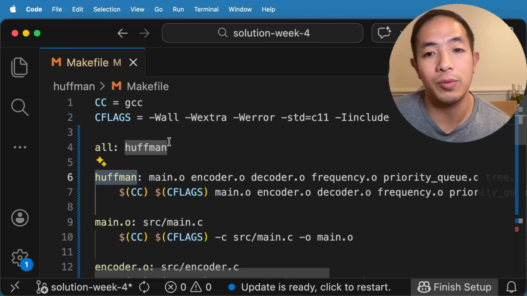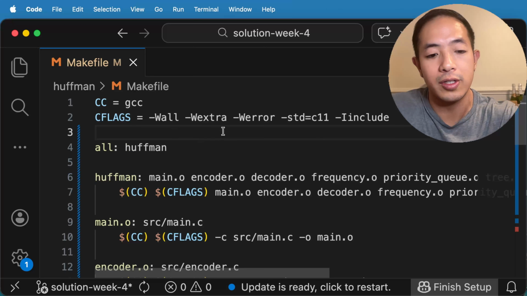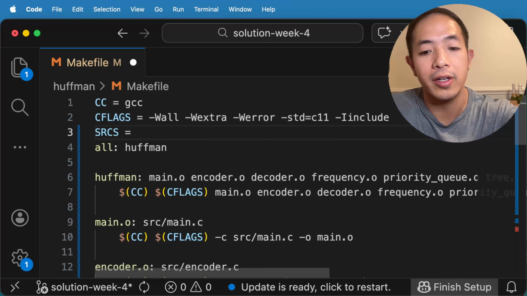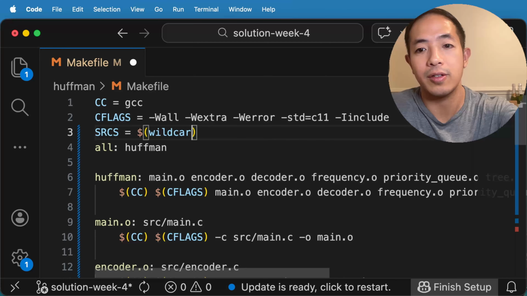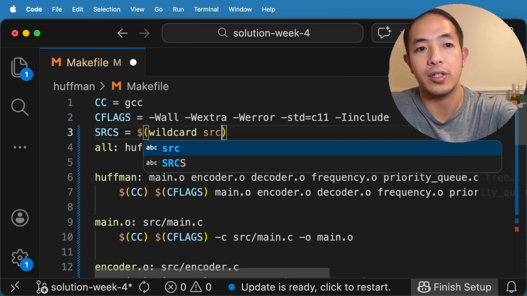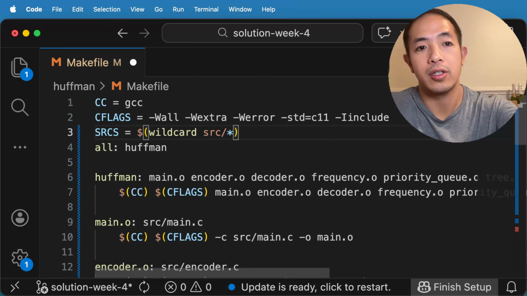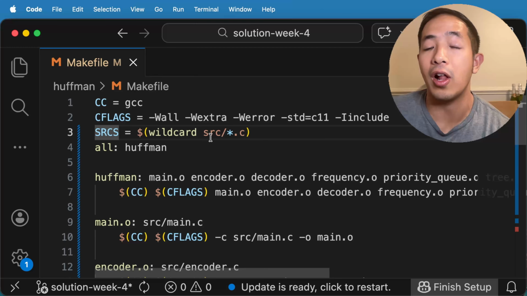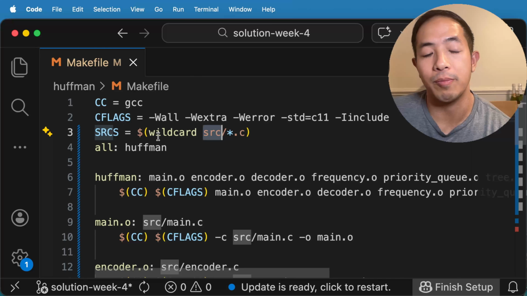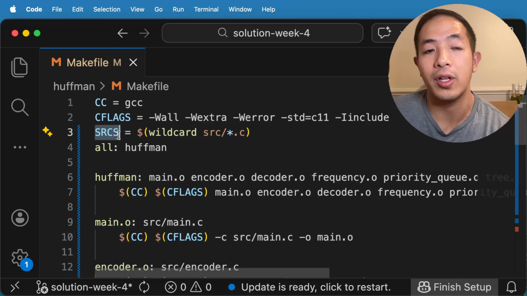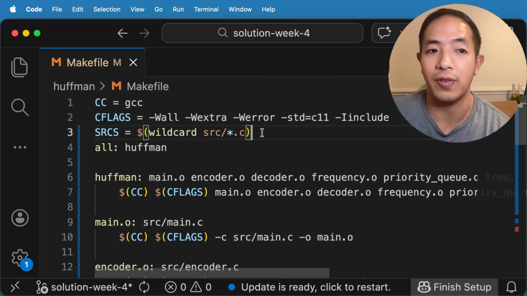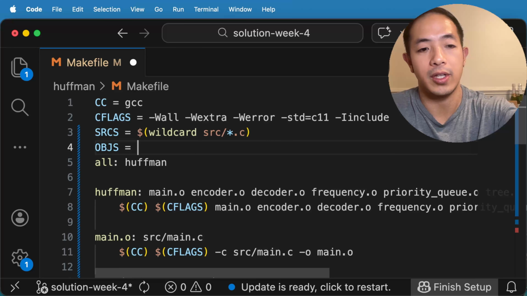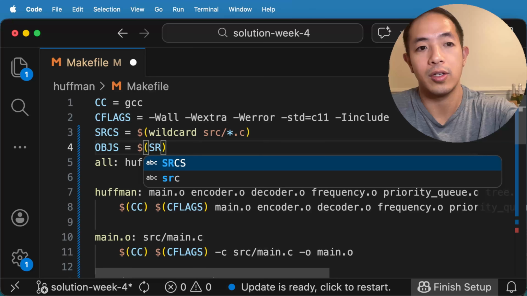So what we need to do is create a new variable called sources. So we'll do SRCS, and then we're going to use something called wildcard. So we do this wildcard src/*.c. So this sources variable is just going to have a list of all of the C files in the source directory. And then from this sources variable, we can create a list of object files. So we're going to do OBJS equals, and then we're going to use this sources,